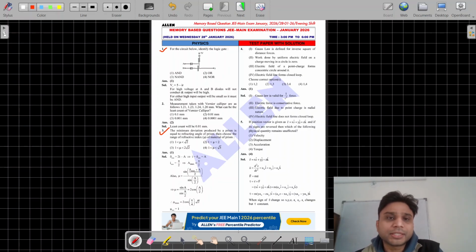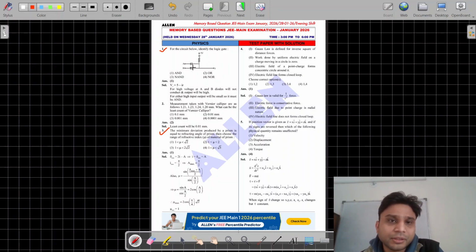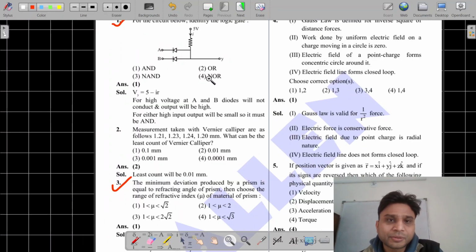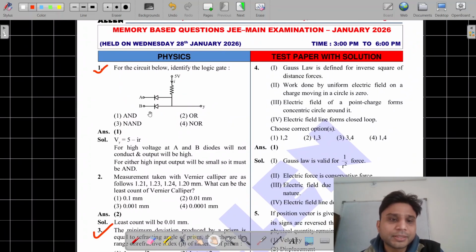Basically, the first question is that of semiconductors. We have to identify the logic gate, which is provided here in the form of two diodes. If I focus here a little bit so that it is clearly visible, we have two diodes here, and these two diodes